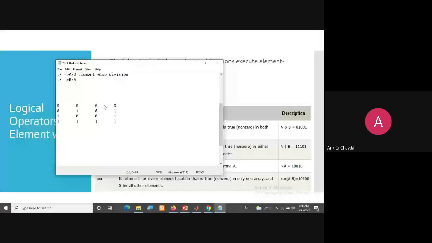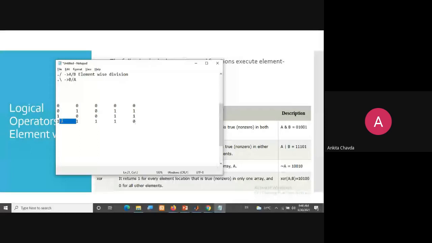Now, what about the XOR? 0, 0 becomes 0. Here the two different inputs make it 1. Right, now here also it's 1. But here it is 0. If it is 1 and 1, it becomes 0.